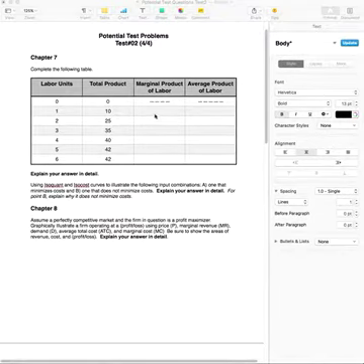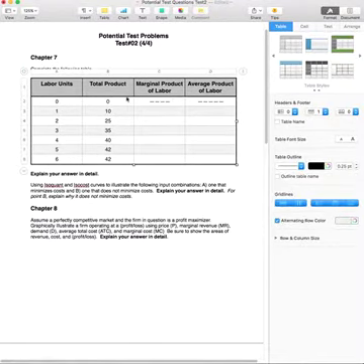So if you remember, the marginal product of labor is how much your output or your total product changes every time you hire an additional unit of labor. So for our calculations here, it's going to be pretty simple because the denominator is always going to be 1. We're always increasing the labor units by 1, so we're always going to be dividing by 1. So all we really need to concern ourselves with is the magnitude of the change in total